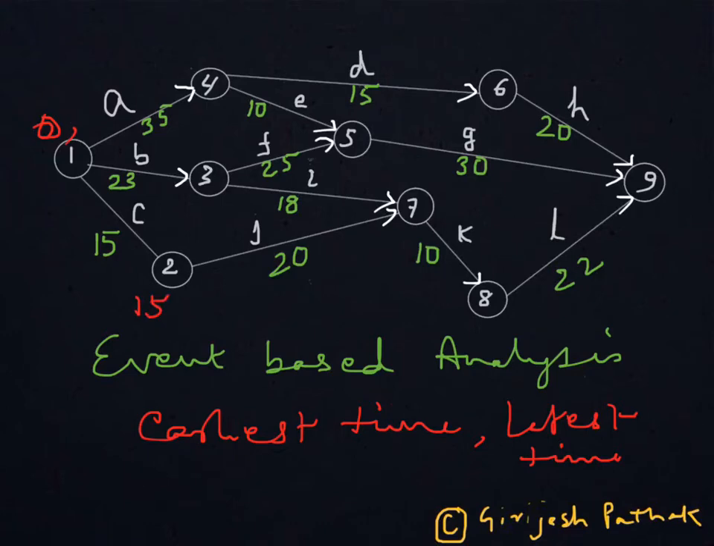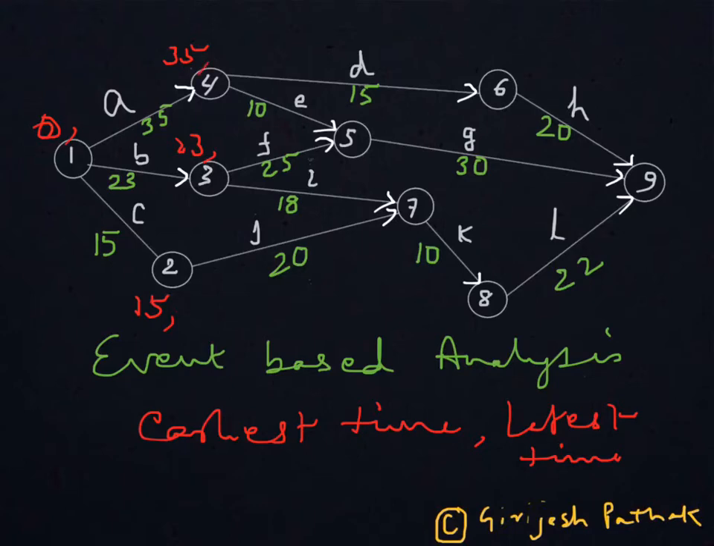Similarly, for node 3, B requires 23 days, and since that starts at node 1 and the earliest time for that is 0, 0 plus 23, earliest you can be on node 3 is after 23 days. So I put here 23, that is the earliest time. For node 4, similarly, the earliest time will be 0 plus 35. Then for node 5,